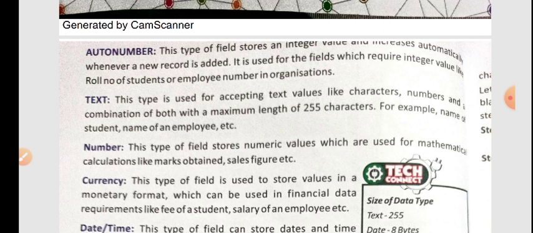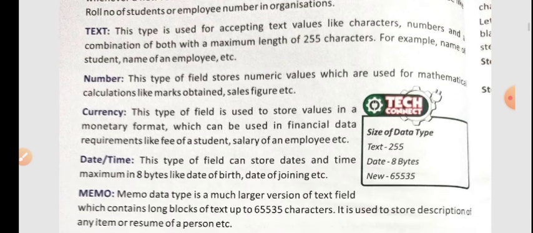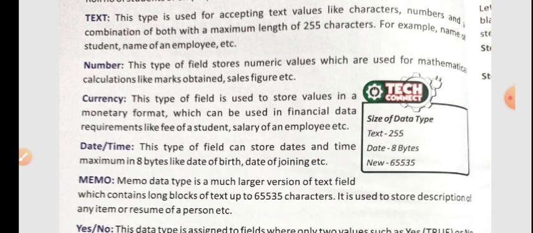Text is a type of field in which you are writing the name or a combination of characters in that particular field or column. For example, you can take text in which you are writing the name of anything, the address, or any other detail whatever you are writing by using the alphabets. Number, as I had told you earlier, is the field in which you are writing only numbers, like serial number, page number, phone number, SR number, roll number. These types of things can be written, and the data type will be number.